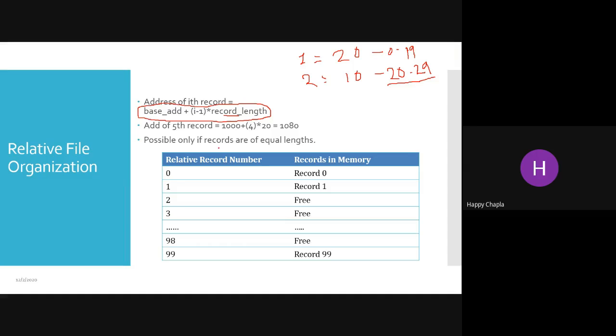Okay, so it is possible only when our record length is equal when we are trying to store it in a particular order, right? So relative file organization will work possibly if our record lengths are equal, okay? If the record lengths are not equal, we cannot find out the particular address to find that particular record from that memory, okay? So relative record number equal to 0, you can say the zeroth number block